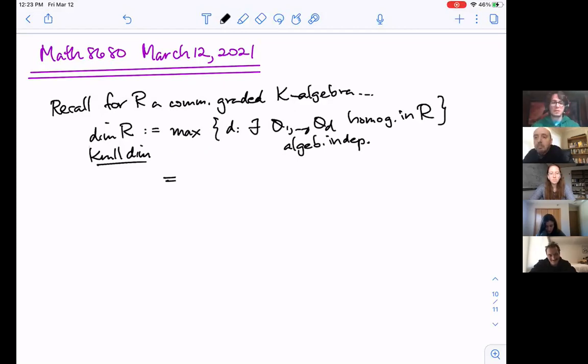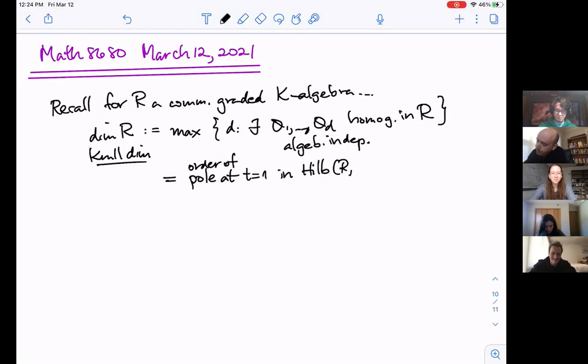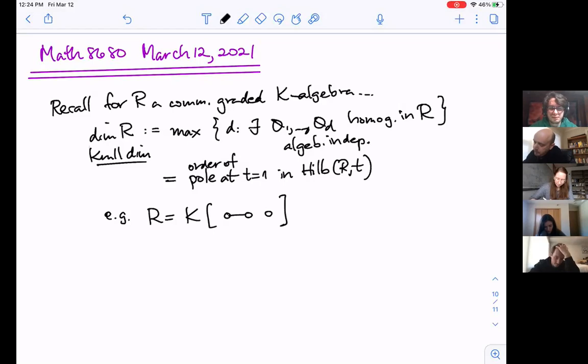Okay, but we had another way of saying it. It was the order of the pole at t equals 1 in the Hilbert series of R. And let's have in mind, just to remind ourselves of what some of these things were, another example that we didn't discuss last time. Let's take R to be a Stanley-Reisner ring for a simplicial complex that is an edge